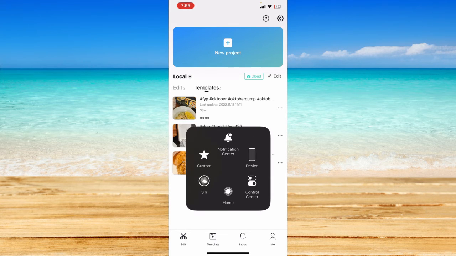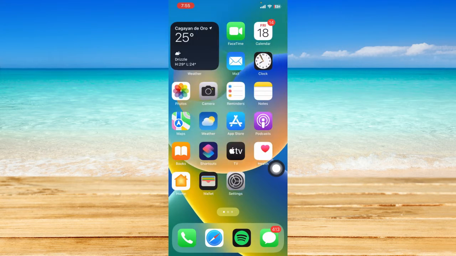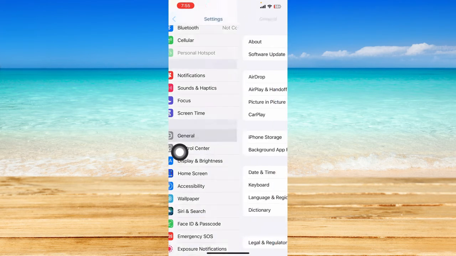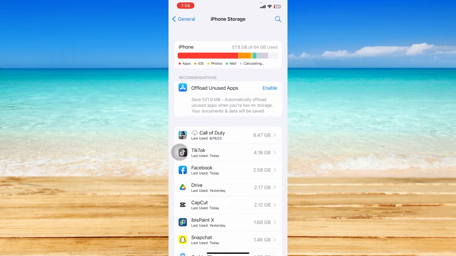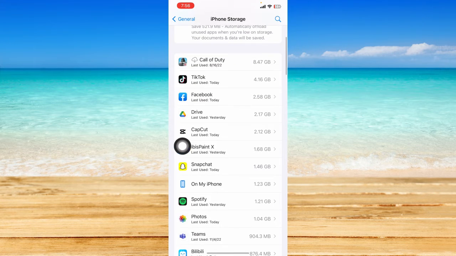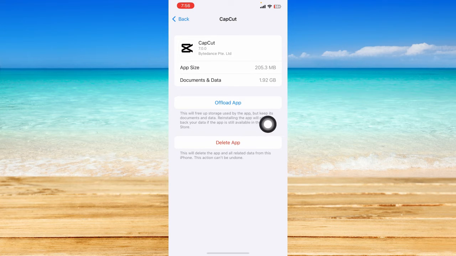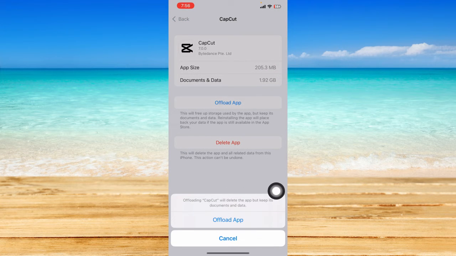Now, if you try that and it doesn't work, the next thing that you can do is to go to the Settings app, click on General, click on iPhone Storage, and let's find the Capcut app from here. Click on it and click on Offload app and Offload app once again. So offloading this app will clear the cache and hopefully reset some things and restore the templates and make it